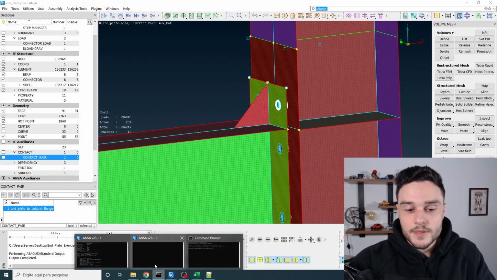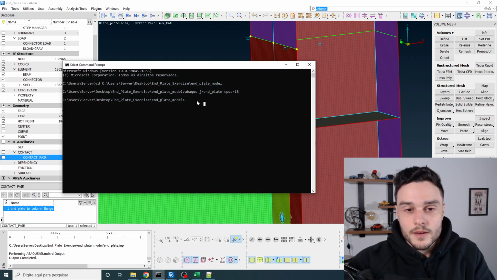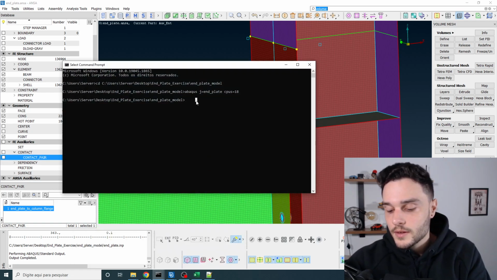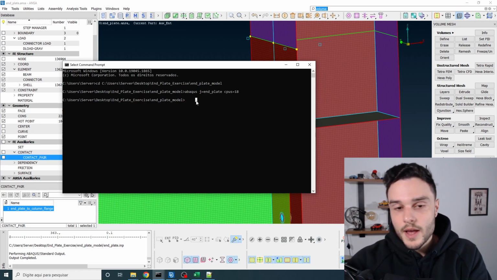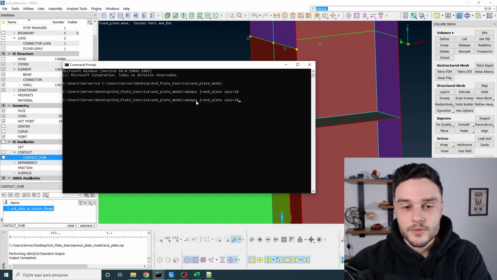Now in the cmd command, use the up arrow to get this last command,